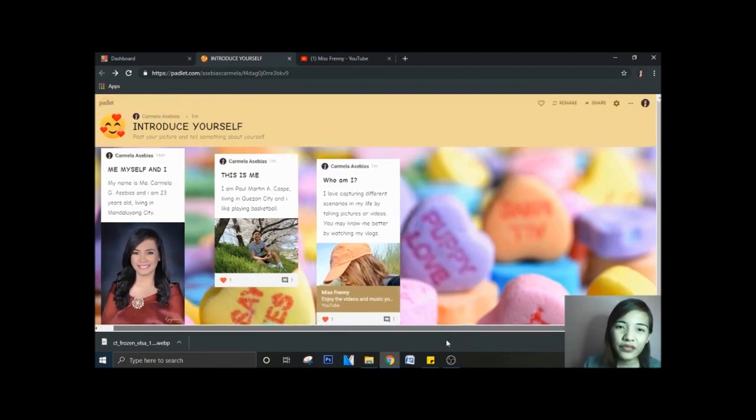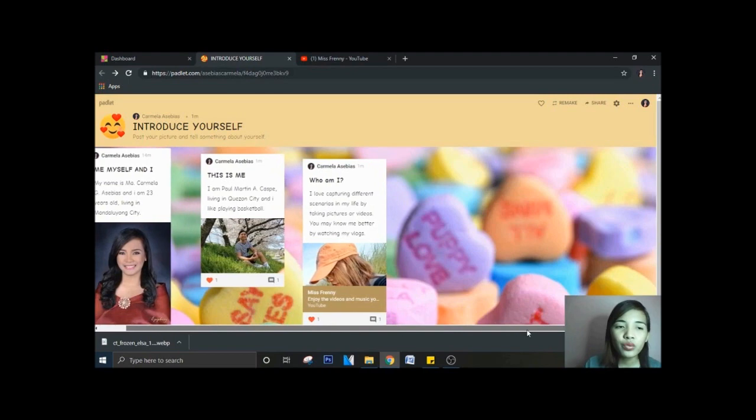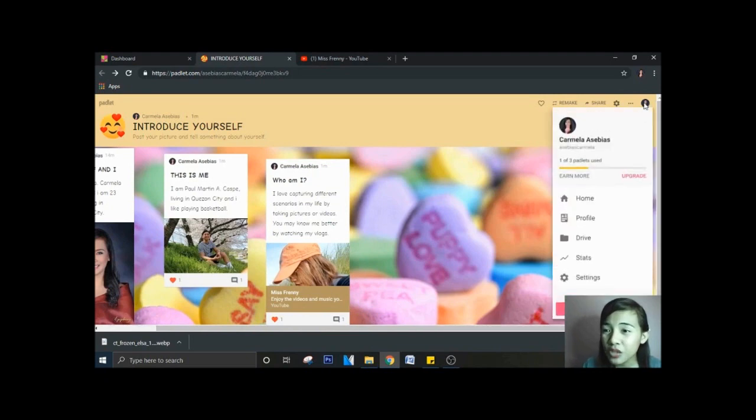But since this is a free account, free accounts can have only 3 bulletin boards. So we have already 1. So we are allowed to have 2 additional. So you can see, just click your picture here. It is stated here, 1 out of 3 Padlets. So after making 3 bulletin boards, just like this one, I can no longer create another bulletin board unless